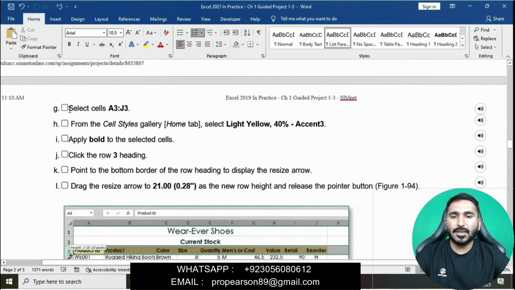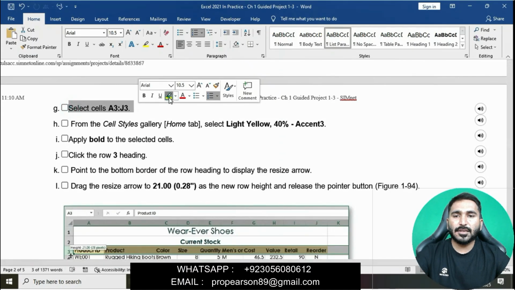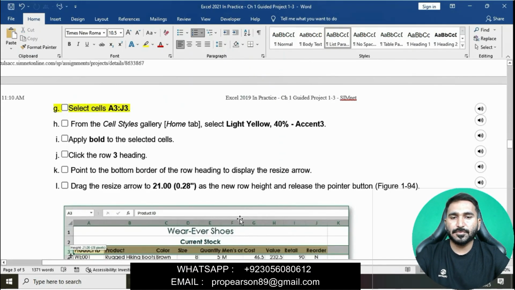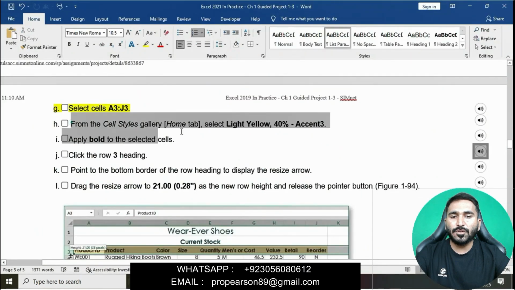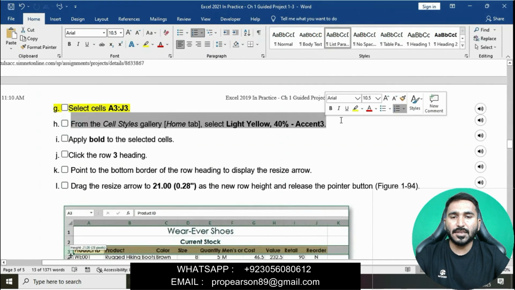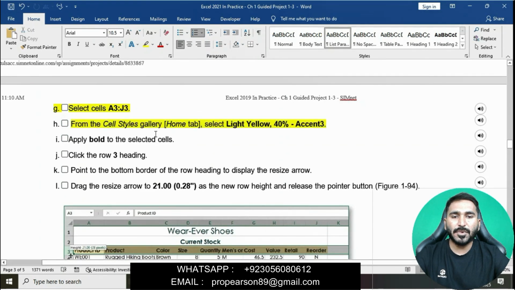Select cell A3 to J3. Apply bold to this. From the Cell Styles gallery, select Light Yellow, 40% Accent 3.